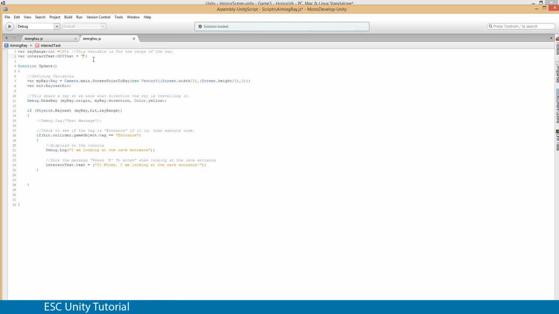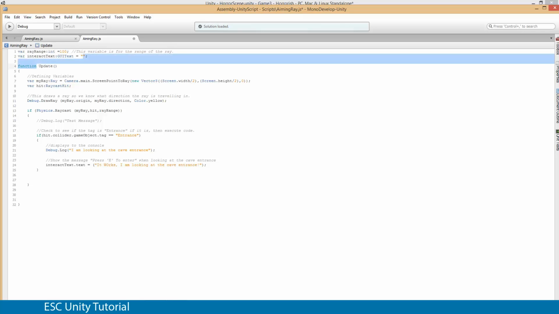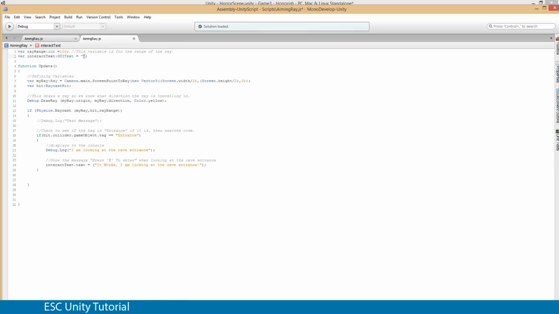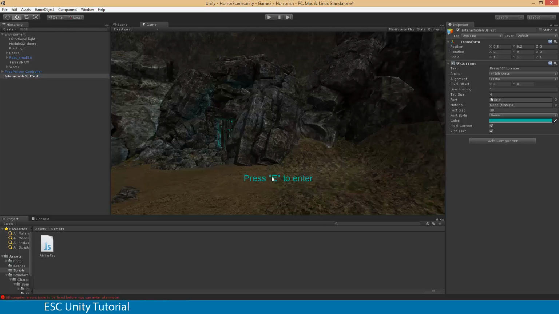Now, what does that mean? Usually, if you have a look at these ones down here, we have an open quotation and a close quotation, and then we have all the words in between them, and that's a string. If we have the word hello here, we know that that's a string, or text. If I get rid of the word, I still have the open quotation and the close quotation. However, there are no actual words in between, which means it's blank. So if I save that, go back to Unity and hit playtest,